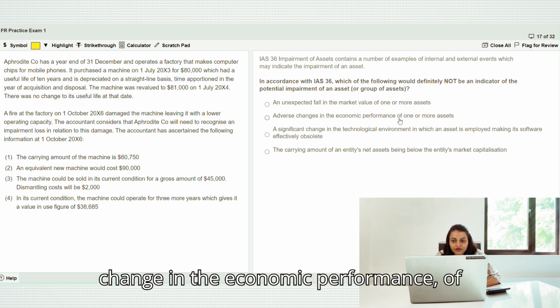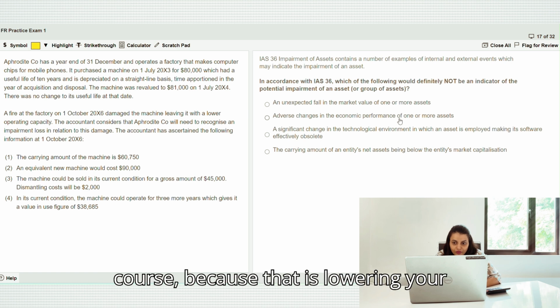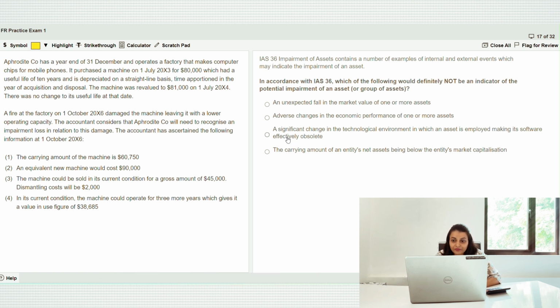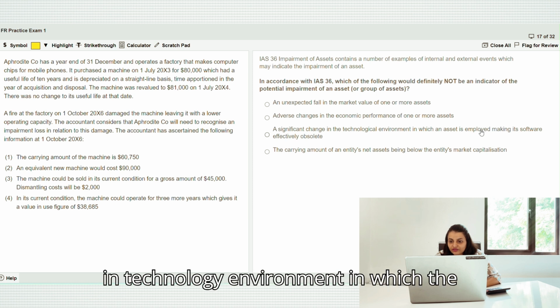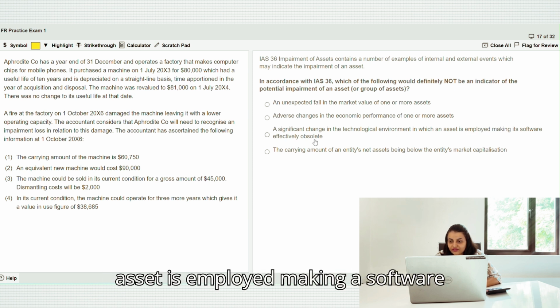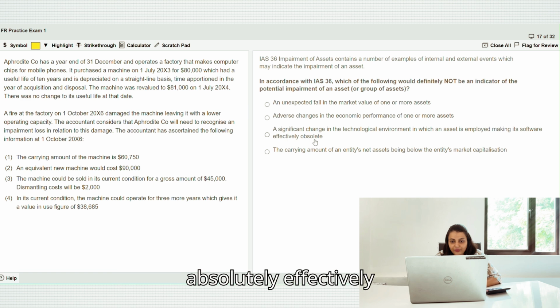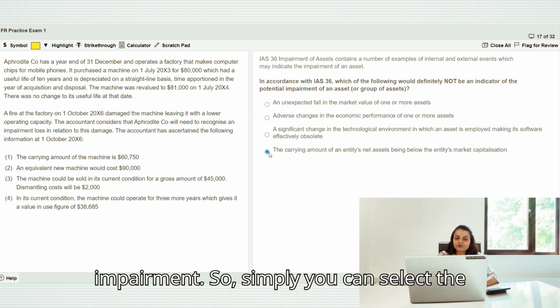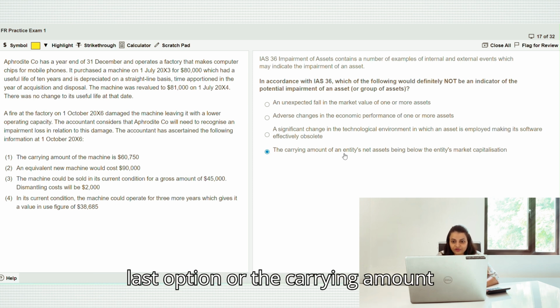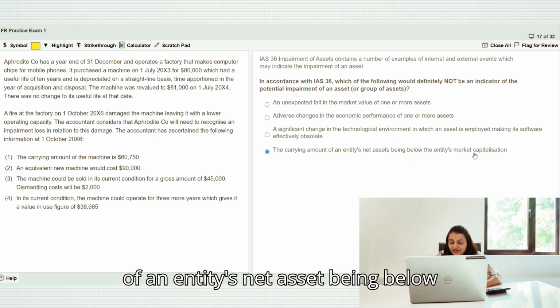Adverse change in the economic performance, of course, because that is lowering your value in use. A significant change in technology environment in which the asset is employed, making its software absolutely effectively obsolete. Again, this is an indication of impairment. So simply you can select the last option. Or the carrying amount of an entity's net asset being